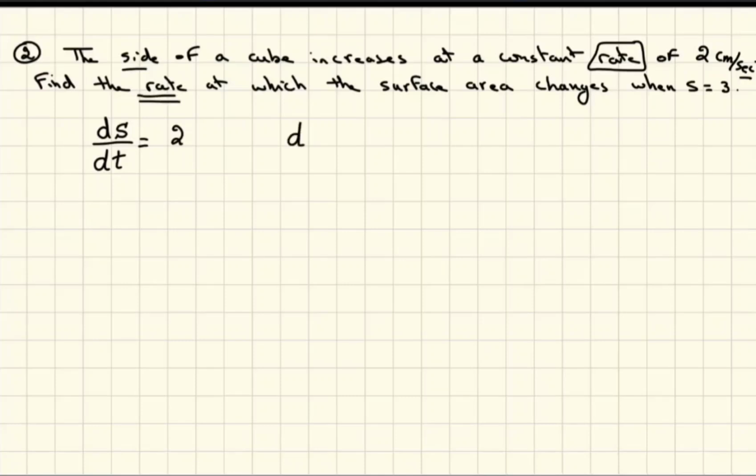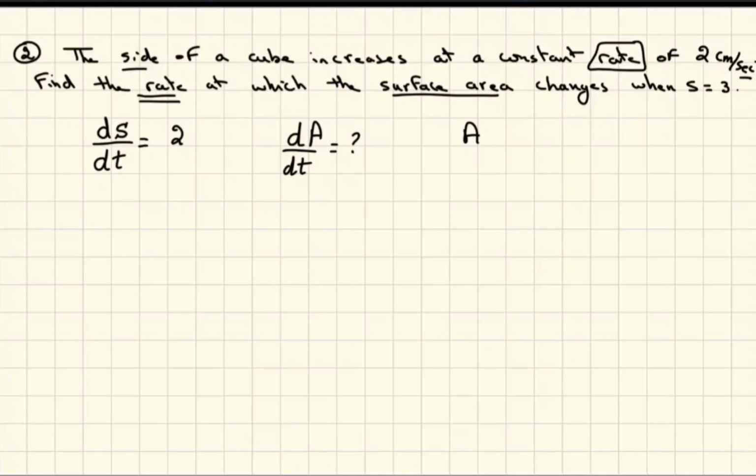So I need to use derivative of the surface area, so I'm gonna call it A over dt. So the rate will be changing over the time, that's why we write dA over dt. And how much is that? This is what we're looking for. Now, what is the area of